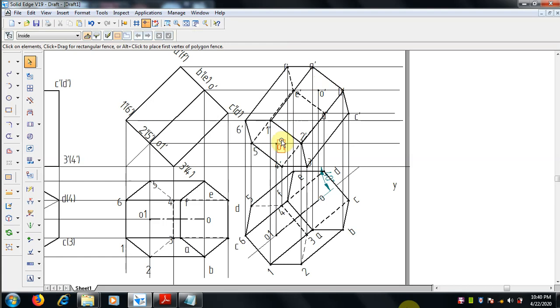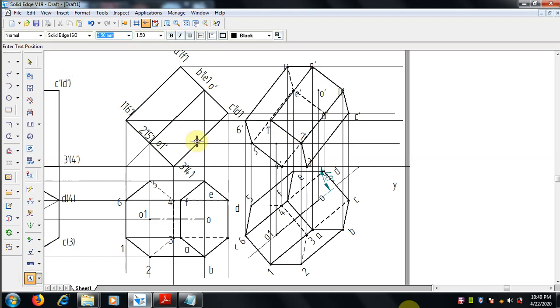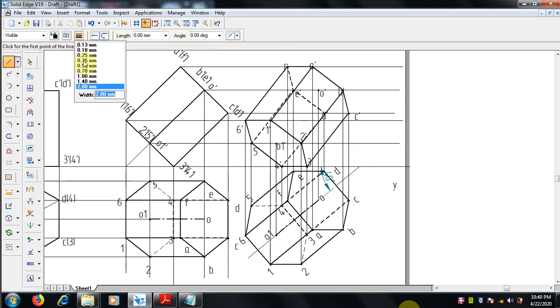So we can join this O with this O1 dash. Okay. Select line, center line, 0.5 mm thickness center line I am selecting. From this point to this just join and this is over.